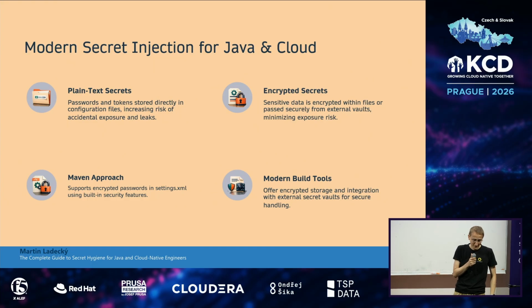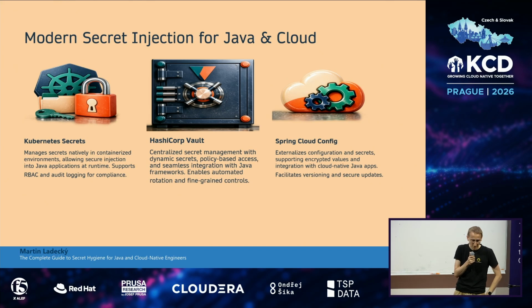Then, plus, use modern tools. For example, we have Kubernetes secrets, HashiCorp Vault, but you can use any other technology, or some cloud configuration. It also helps, because your passwords will not be in plain text. It's the same with Maven. You only get a hash, that's good. I'm happy with that one.